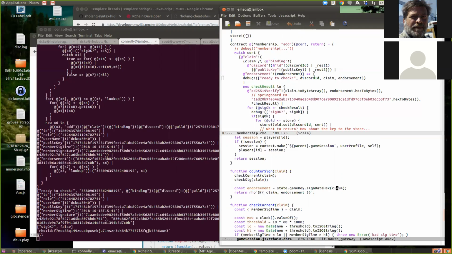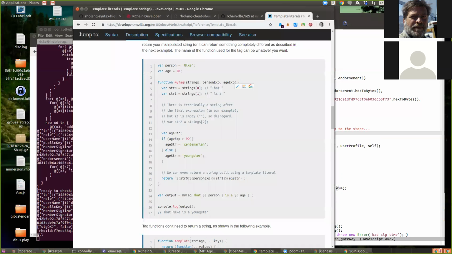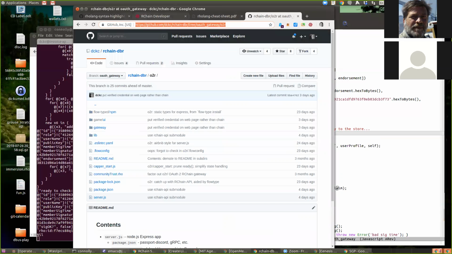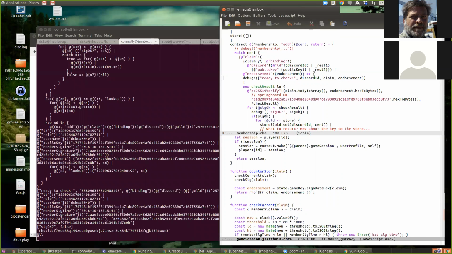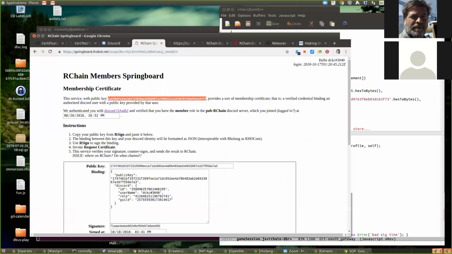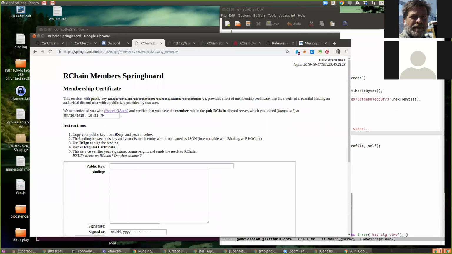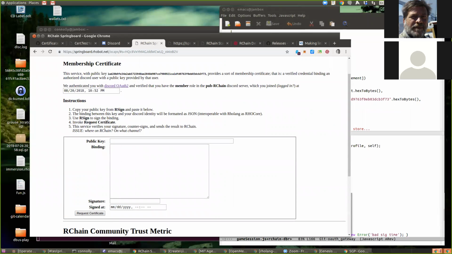So if we do it again, too many windows. Right. Is this thing on? Yes, it is. All right. So if I take my public key and stick it here, then it'll make this binding.